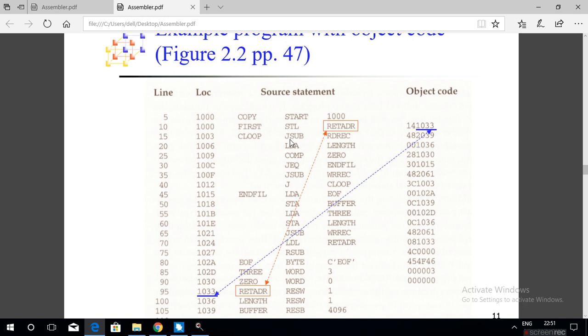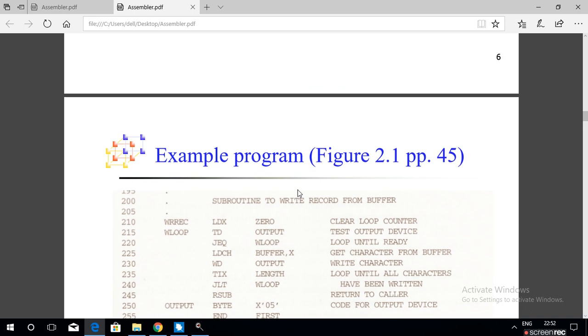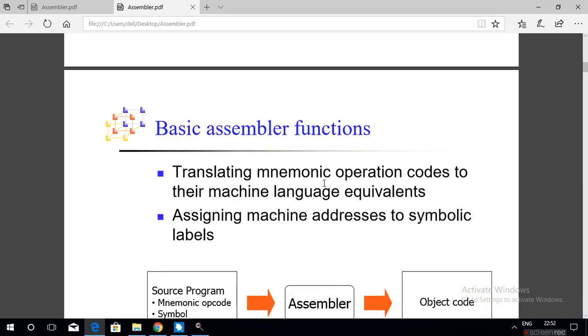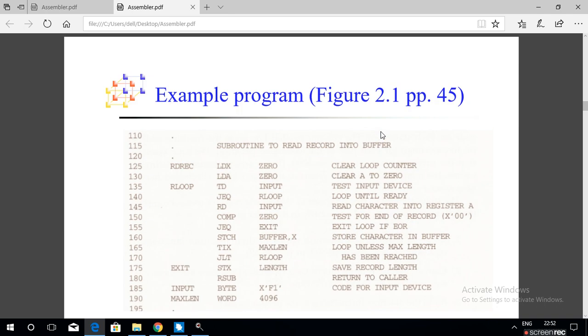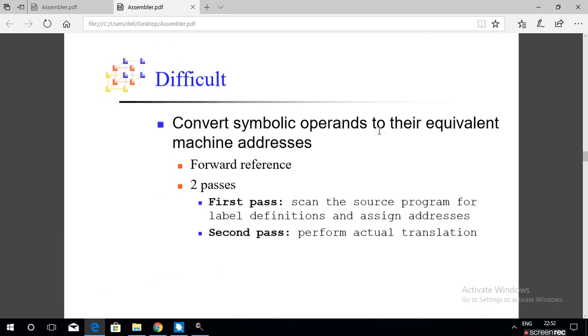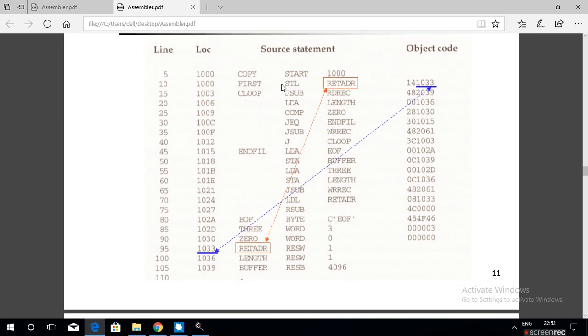This second field, the middle field, is called the mnemonic opcode, or mnemonic operation code. These are the mnemonic operation codes.